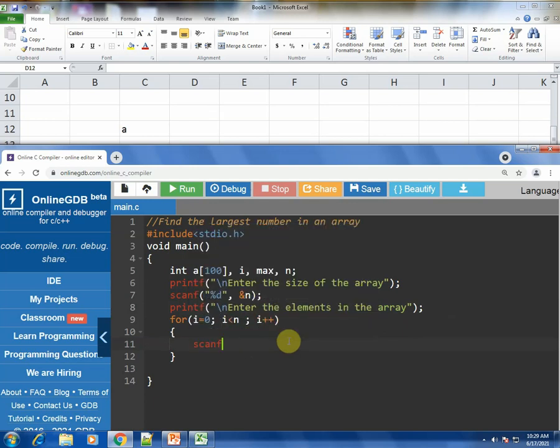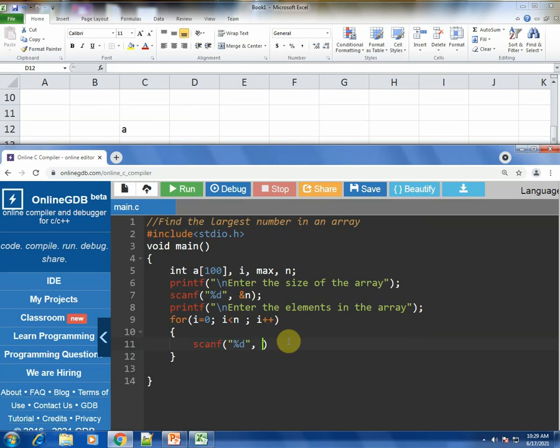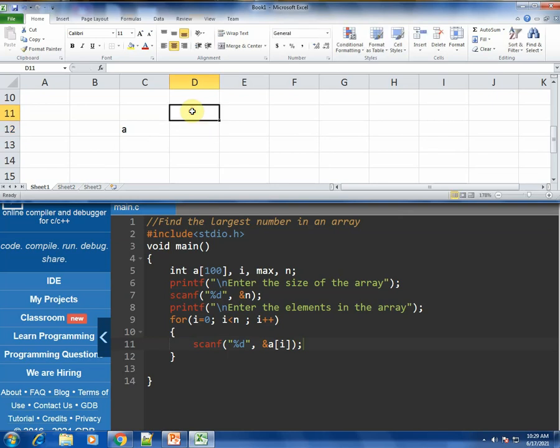Obviously with a scanf statement and %d, because the array is of type integer, comma, ampersand a, because a is our array, and i. Every time this i will keep on incrementing. The first time i would be 0, then 1, then 2, then 3, then 4, and so on.